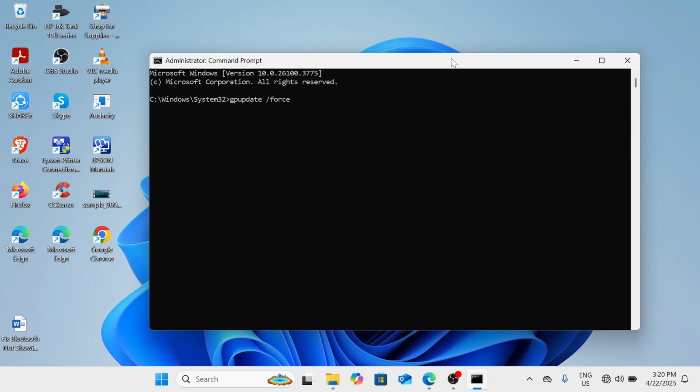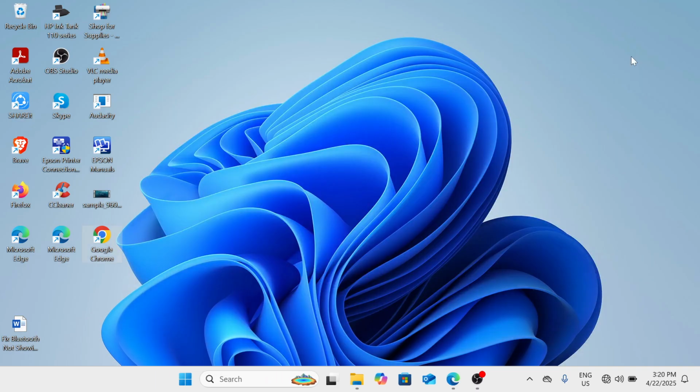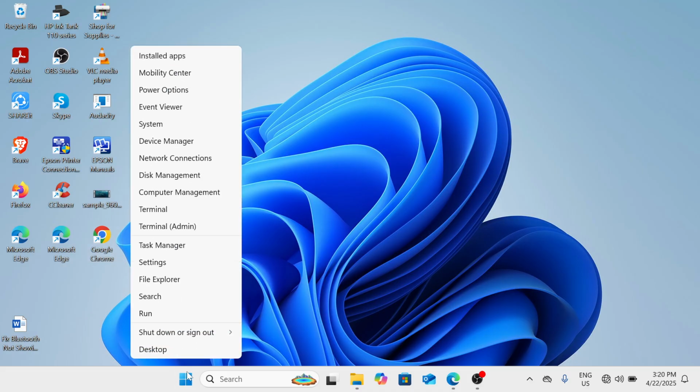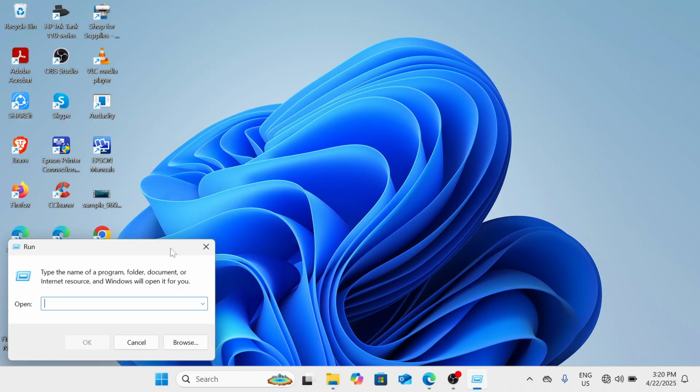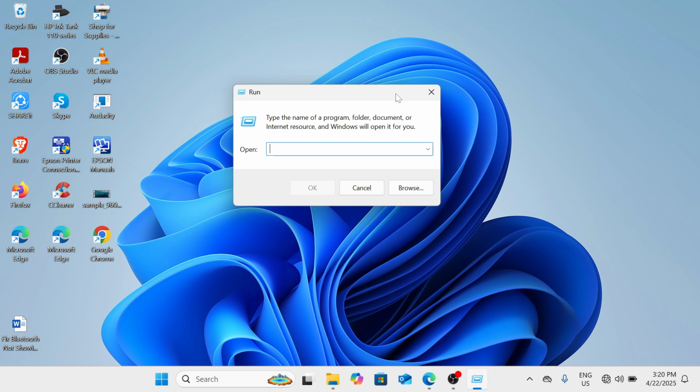Again, this is gpupdate /force. Once done typing with this one, we will close this window, and then we will open the Run window. So please right click on the Windows search icon again, and then go to the Run option. Once you're in the Run window, all you need to do is type